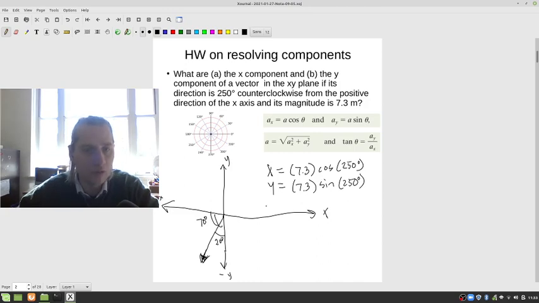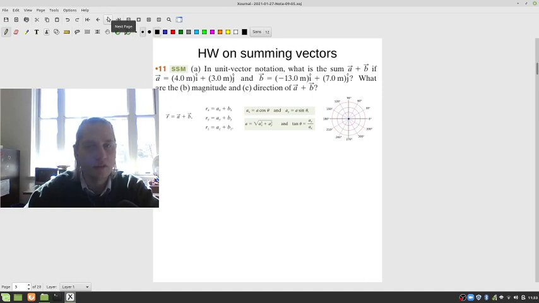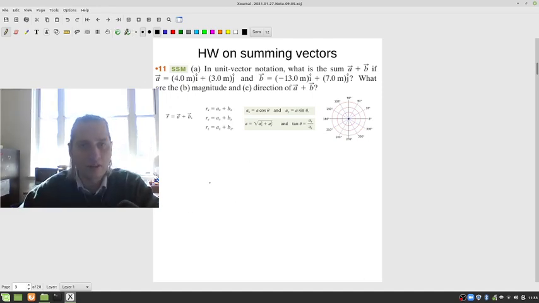On the other hand, if you wanted to do this with trigonometry and just split this up into an x and a y component, that would be perfectly fine to do. I think it's good to have a little bit of flexibility in your thinking and not just be plugging things into equations. Okay, here's another one